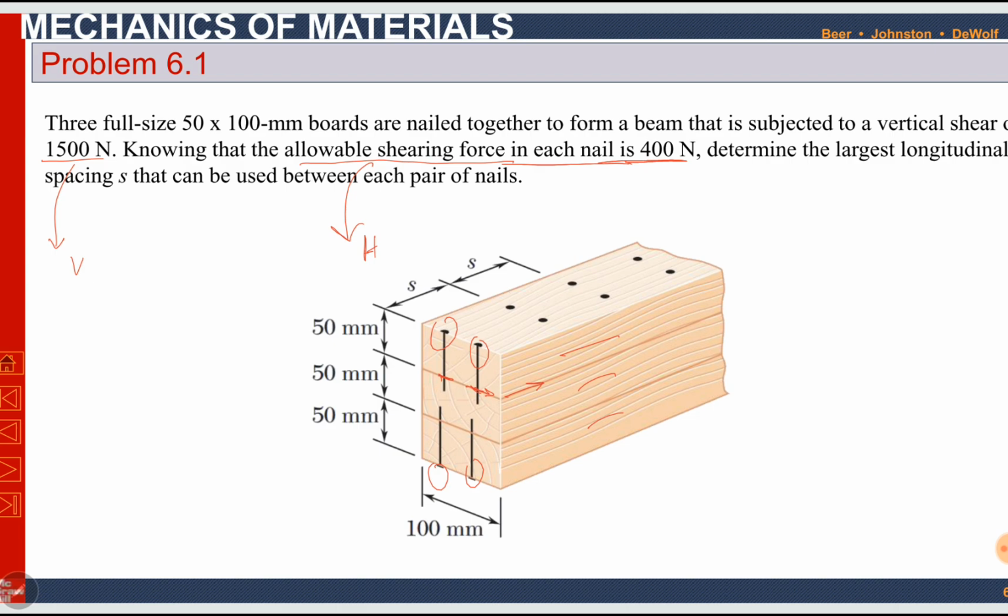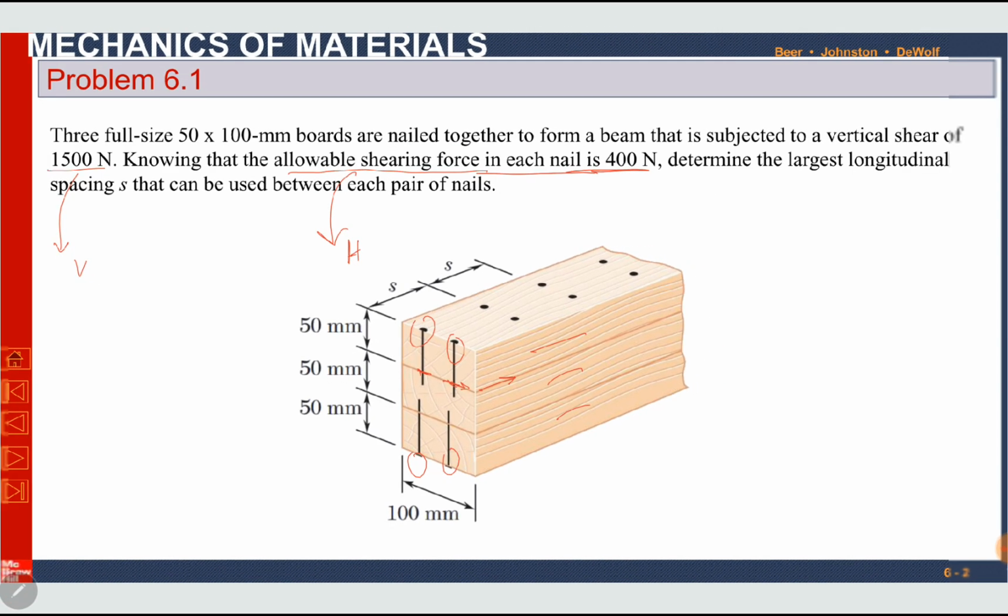Determine the largest longitudinal spacing S. We have to find S, the longitudinal horizontal spacing. It is the horizontal force in the direction of nails. We have to find S that can be used between each pair of nails. As we know, the horizontal force is equal to q into S. But here in the cross section, we see there are two nails